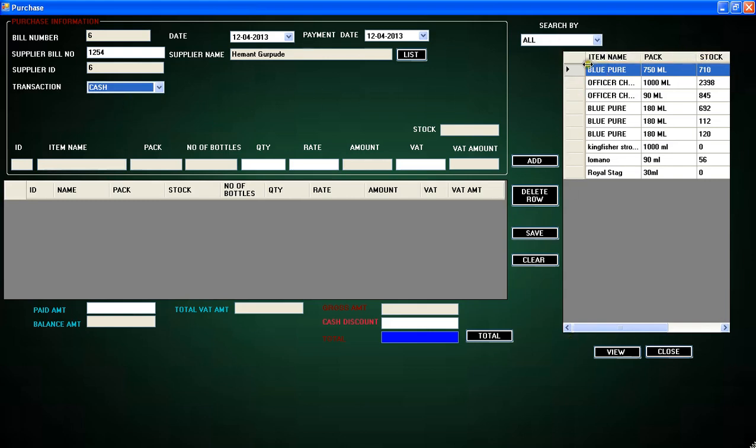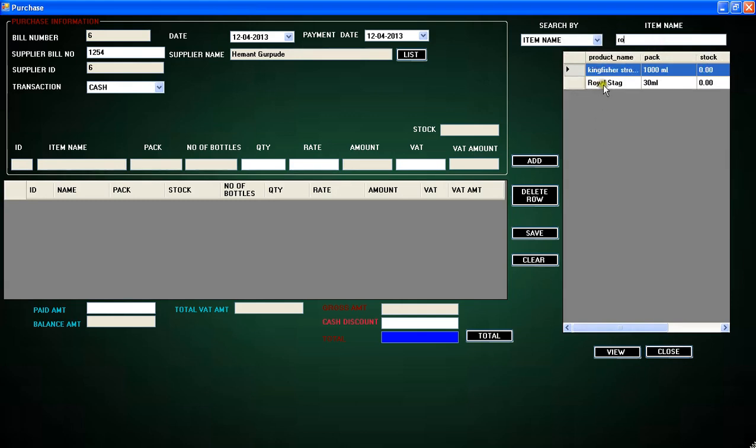This is the list of a product. You can search by name. So if you want to purchase this last item, by double clicking this row you can get this. Next is quantity. Quantity indicates number of cases and number of bottles indicates number of bottles in each case. Its rate, VAT amount,